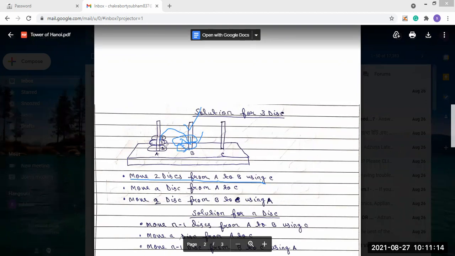So now 3 and 2 are moved. What will we do? We will move 1 now. So in the second step, move a disk from A to C. That means this one disk is left, and this one disk we will move to our destination tower. So from A to C, this one disk is moved. And now after that, the two disks are present in the auxiliary tower. Now these two disks from B to C,